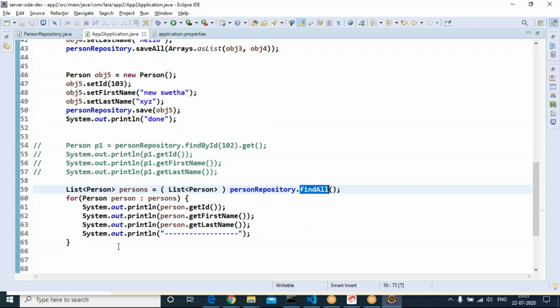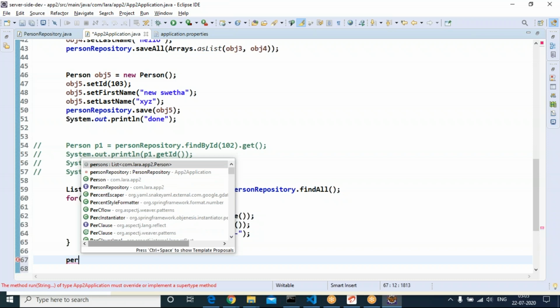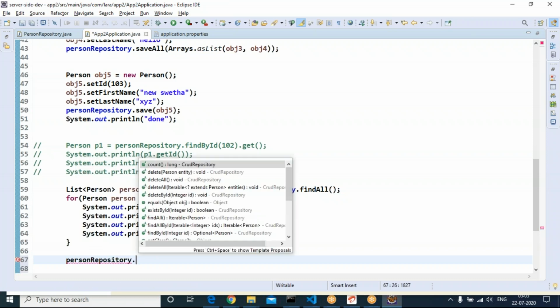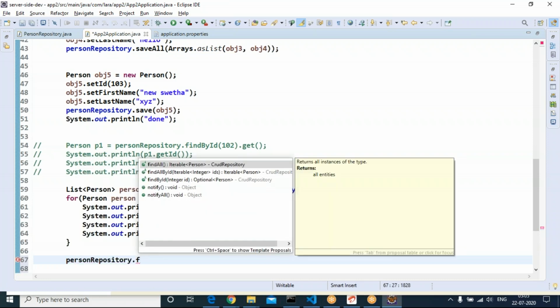Is there any other finder method? How can we see the existing methods? personRepository dot. findAll we have seen. findById we have seen. findAllById: there is one more finder method.